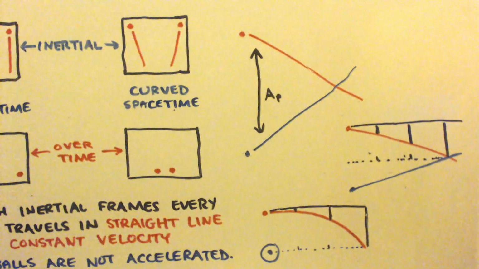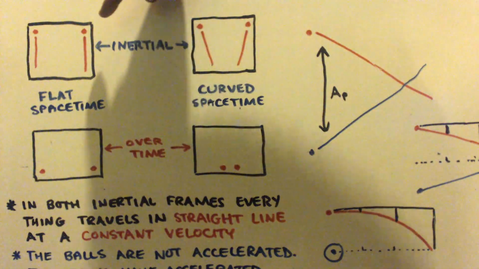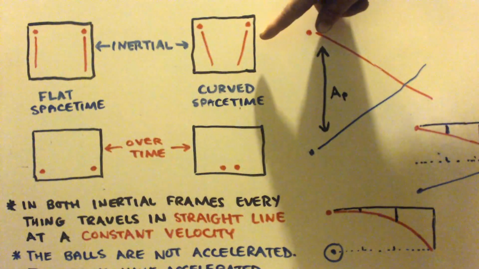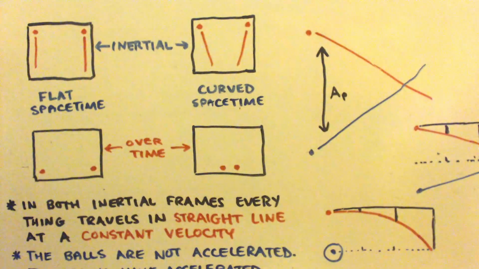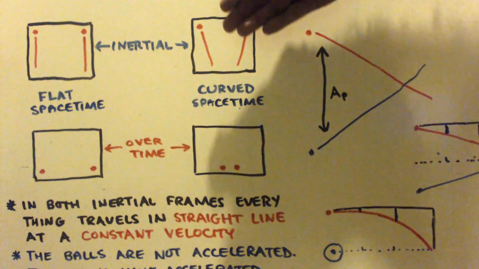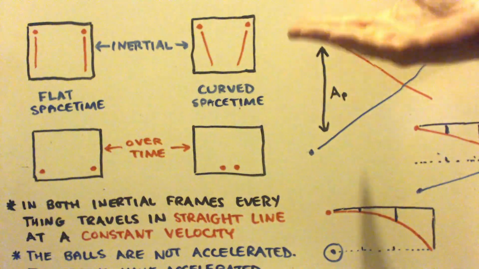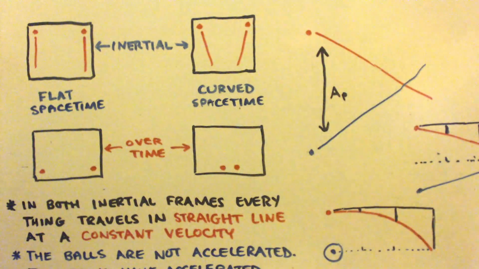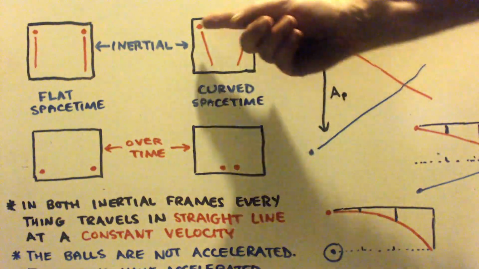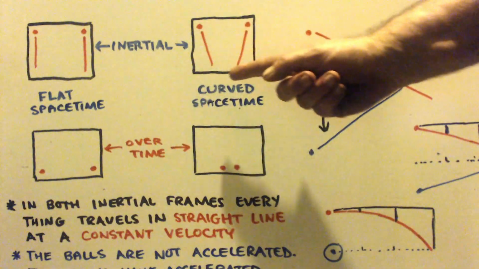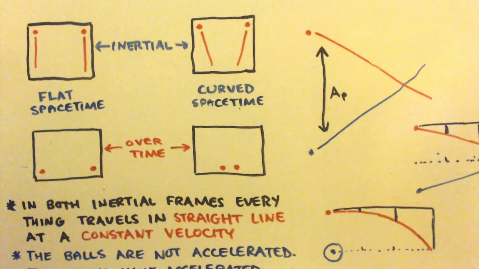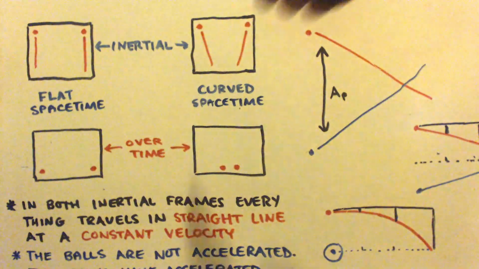Okay? So, are there two types of inertial frames? Yes. Here's an inertial frame in flat space-time, and here's an inertial frame in curved space-time. There are two types. But do they have different physics laws? No. Everything floats still, everything moves in a straight line, right? Everything goes at a constant speed. The only difference is that in curved space-time, the space-time itself is curved a little bit, so you're going to have this where it looks like they're accelerating towards each other, and they are accelerating towards each other, but neither ball is